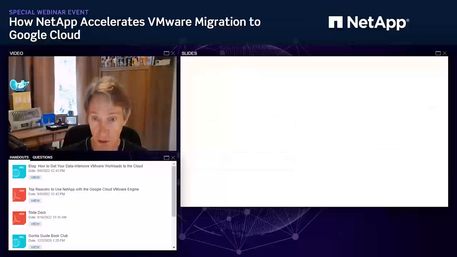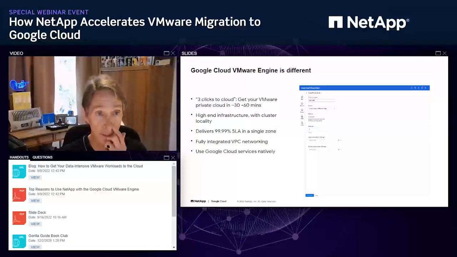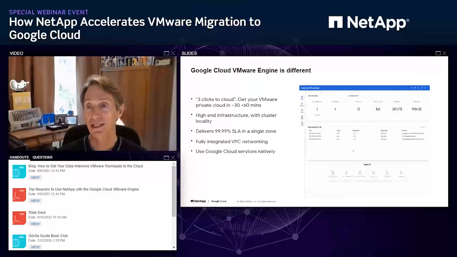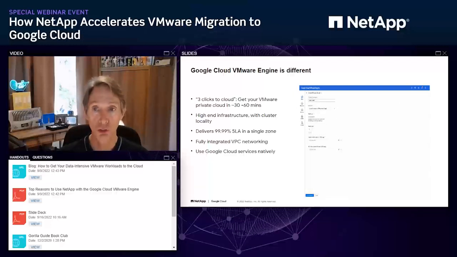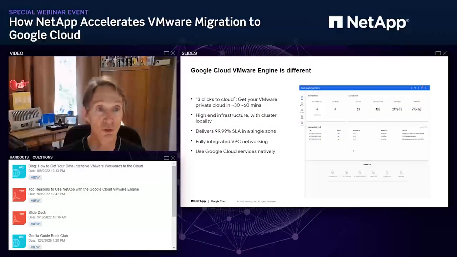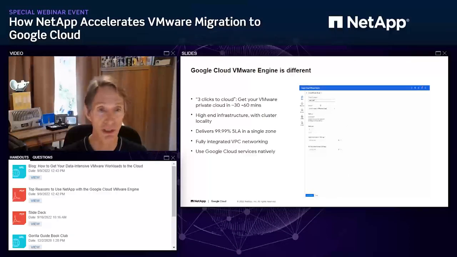Let's take one last look. I think I got one more slide on GCVE. Oh yeah. So while the animation runs, let me explain a little bit about this. Like I said, Google's not just running VMware on some hardware and giving you access. You're getting a fully integrated cloud experience with Google innovations. You get a VMware environment that's ready to use in minutes. And that's what this little animation shows. I apologize, it's kind of small, but